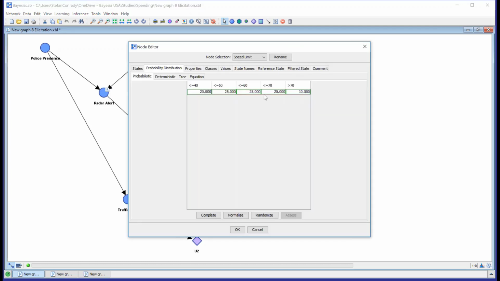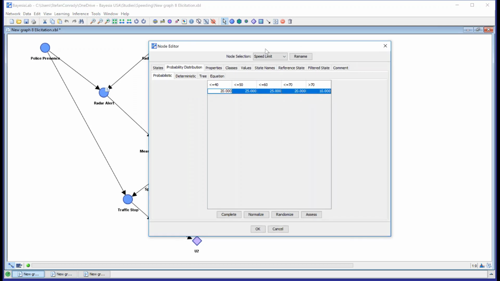So we want to elicit probabilities for these individual states. As I said, I could just type something in here. There are some values that are already put in. But what we now want to do is send this as a question to our experts.